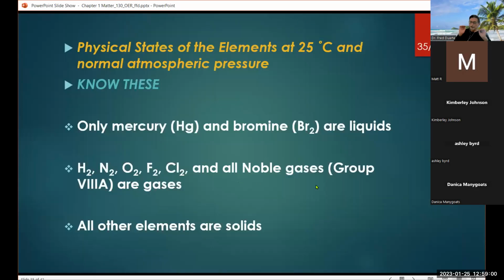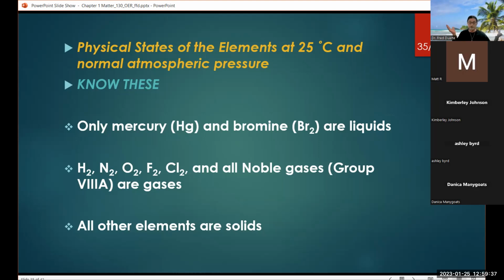Now, the physical states of these elements. There are 118 elements, and you might think, wait a minute, I've got to learn the physical states of all 118? No, not at all. We're going to show you a periodic table, and by their position in it, you'll be able to determine which ones are liquids, which ones are gases, and which ones are solid. All right, so at 25 degrees and at 1 atmosphere,